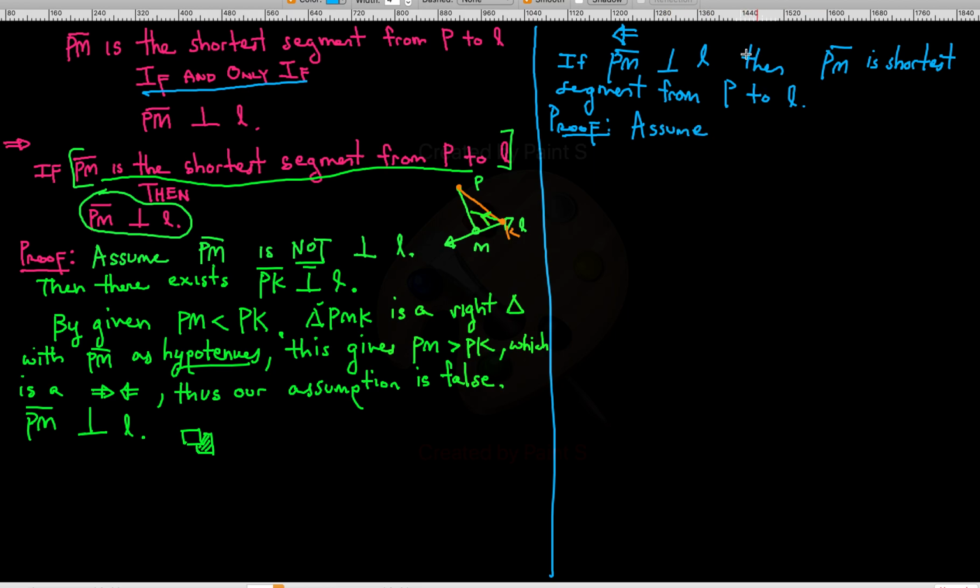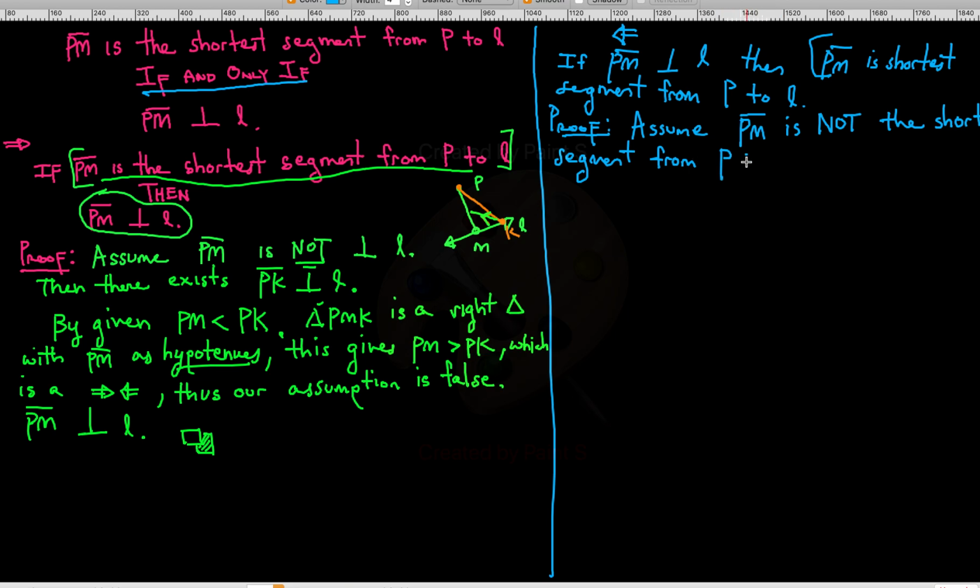So the opposite of the conclusion in this case is that PM is the shortest segment from P to L. So assume PM is not the shortest segment from